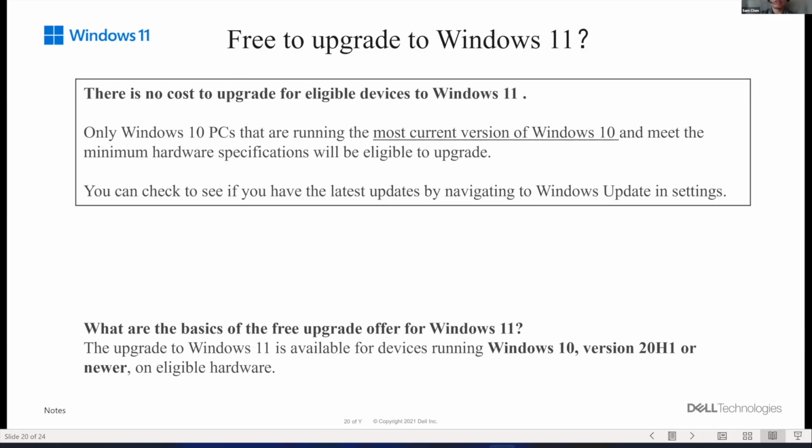So for example, if your device is not eligible for Windows 11, you will not receive the upgrade push from Microsoft. But if your device is eligible and also running an eligible Windows 10 version, when the time comes, you will get an upgrade push from Microsoft asking if you want to upgrade to Windows 11. And of course, you control if and when you want to upgrade from 10 to 11. It's not a forced upgrade, it just asks if you want to upgrade at this point. So you can always defer to a later time when you are ready to upgrade.